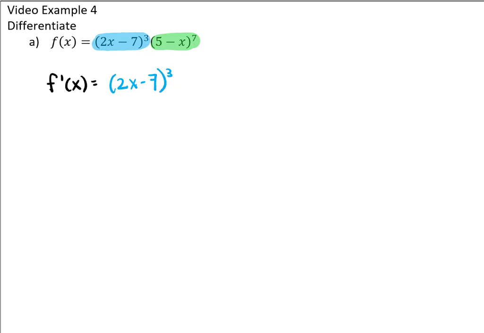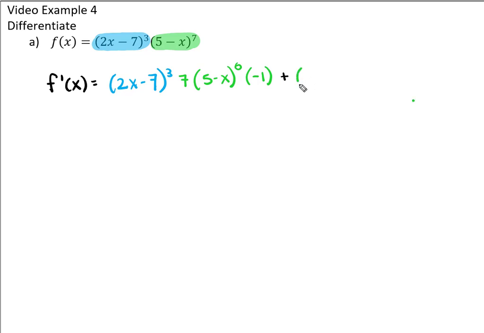And then now we're going to take the derivative of the second. So we're going to get 7, 5 minus x to the 6th power. And then we have to do the chain rule and then take the derivative of the inside of this parentheses. So that would be 0 minus 1. And then to finish off the product rule, I'm going to say plus